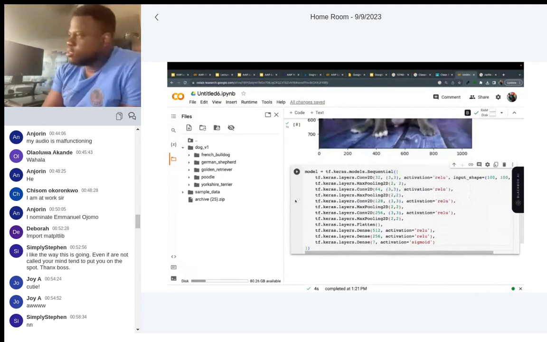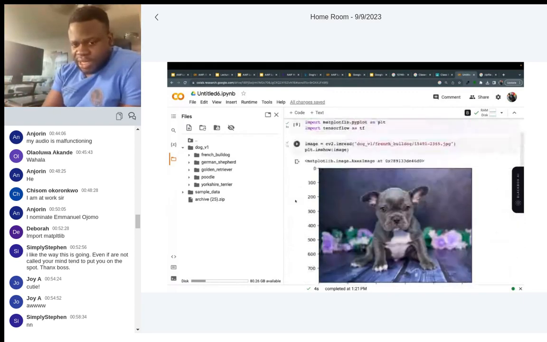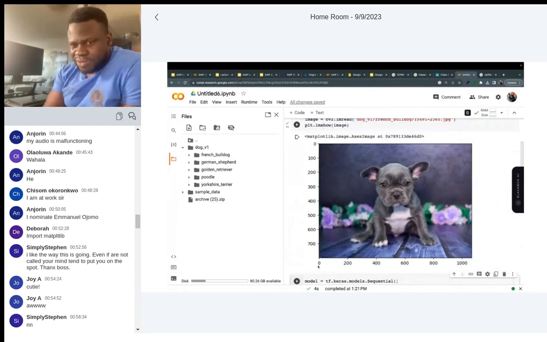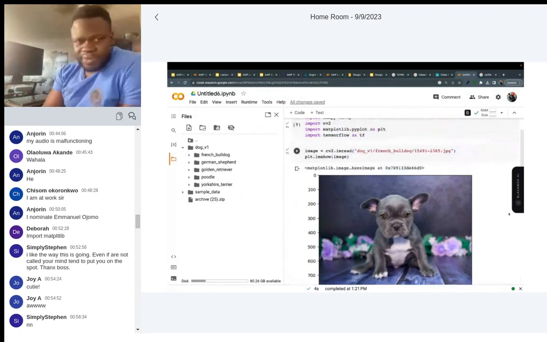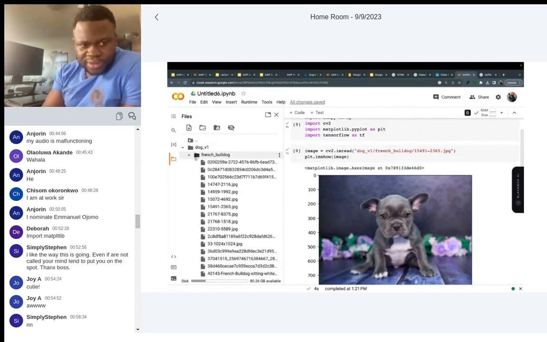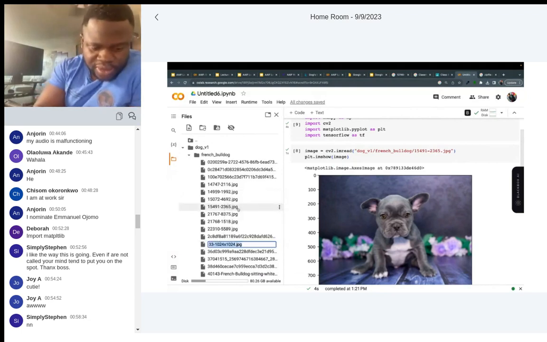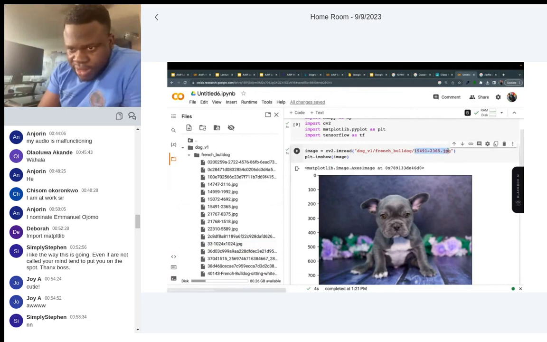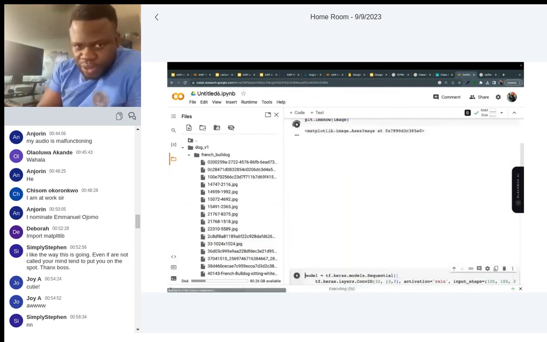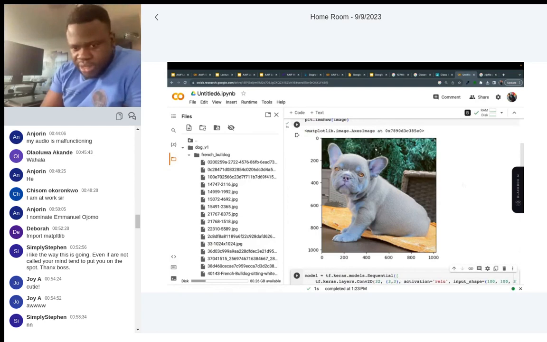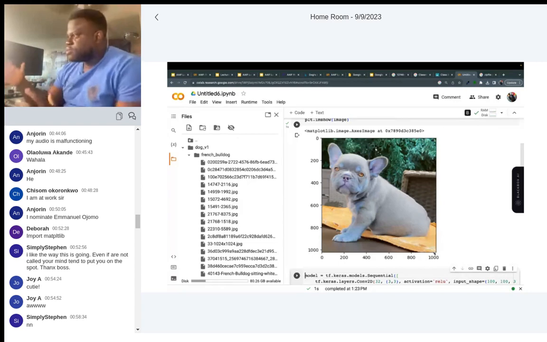But I think this is putting the cart before the horse, because before we think of the model, we have to think of the data. If you look at this data, it is about 750 by 1000. If I look at another one, let's see if it obeys the same rule. This is 1000 by 1000 or something. All the images have different sizes.